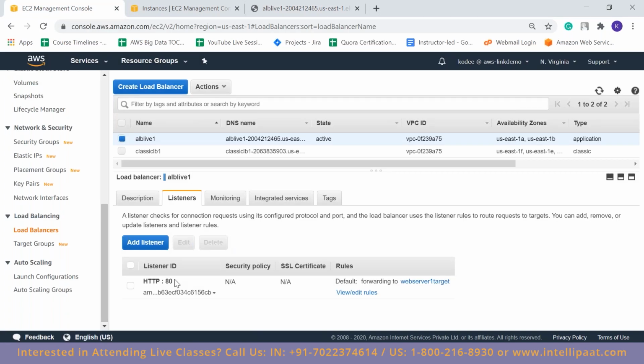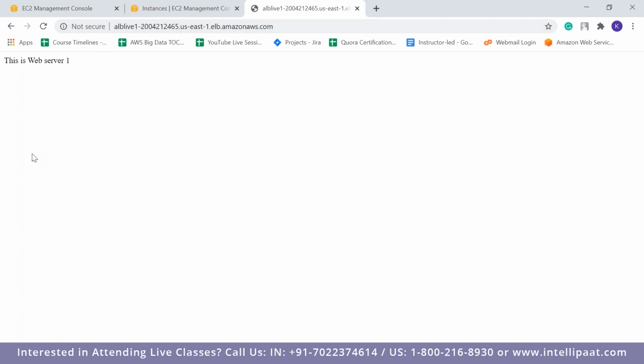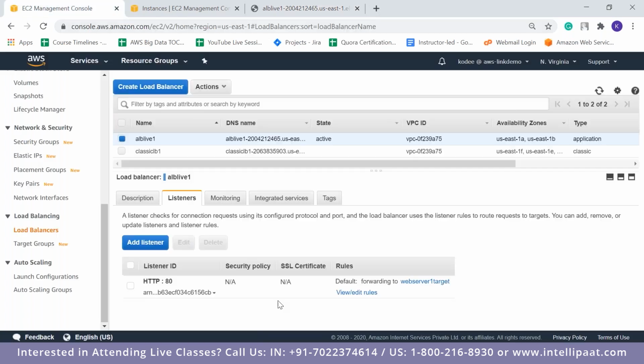Okay, so right now you already have a listener for port number 80. So basically if you want to add a listener for a different port number in a different instance, even then you can add. That way you can include any number of servers, that's your wish. So you can add a listener for let's say port number 443. You can do that, but right now we are just having this particular web server. Now to add another, so let's say right now there is one particular redirection, which is DNS name to target group to instance number 1. So now we want to add instance number 2.